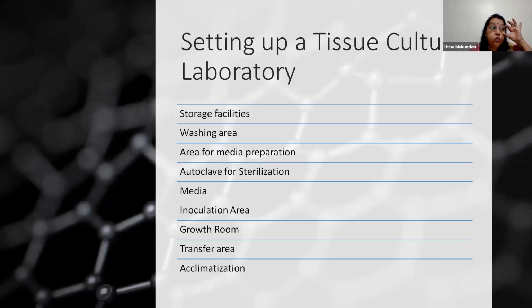Now, as PG students, you may get an opportunity to work in a plant tissue culture laboratory. You will be actually performing the experiment. Each one of you will be culturing at least one plant. And I'm very sure we are going to go back into the laboratory. But how do you set up? How do you plan? And for a small scale, how you can plan? And for a large scale, how you can plan?